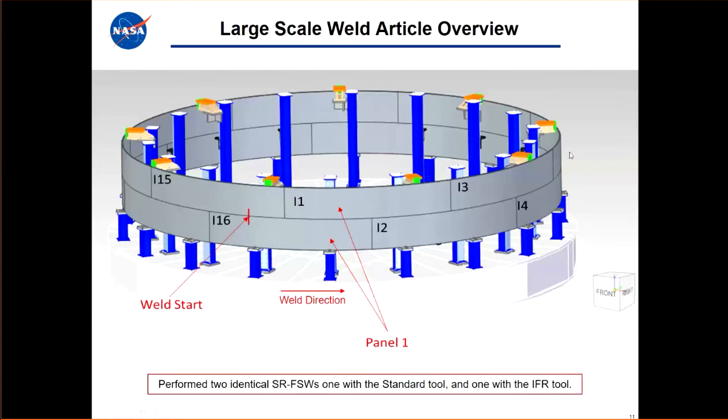We welded 360 degrees around. We had a small overlap section right here where we came and passed through our startup region. And then we cut 12 inches out of this barrel right here, and we just dropped the top barrel down, and we re-welded it using the IFR tool. So that's the setup of what we did on the large scale